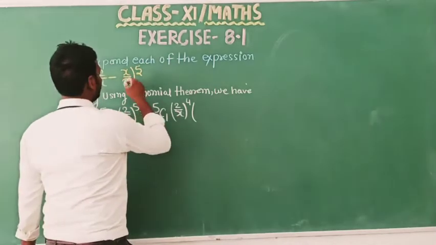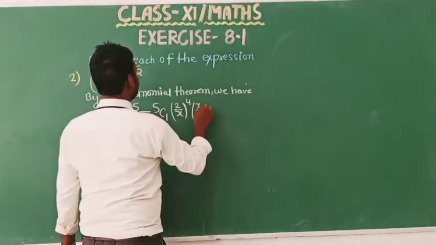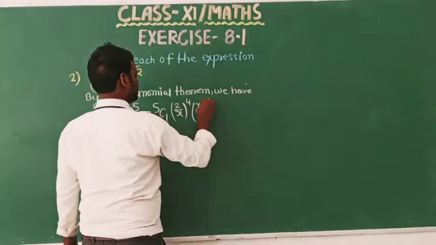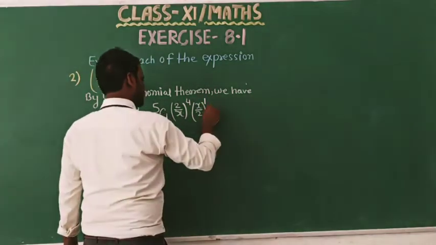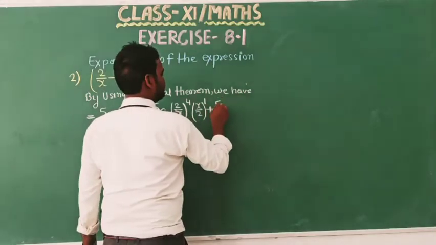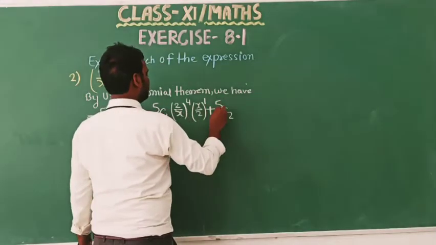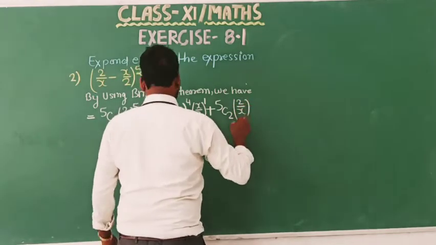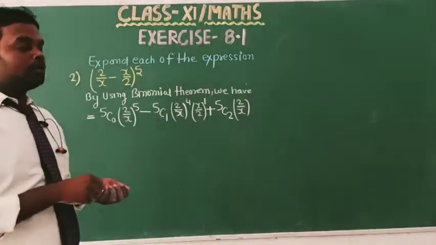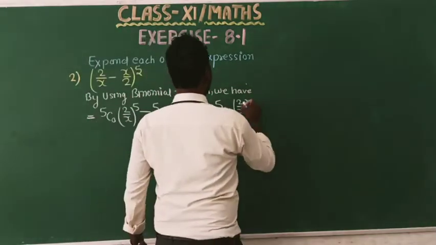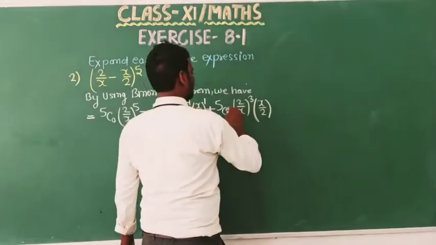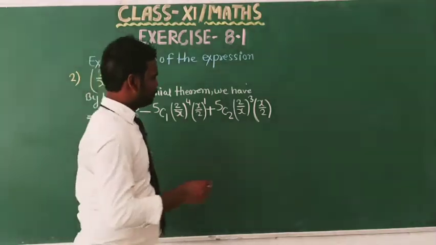So the second quantity is (x/2)^1, plus 5C2 (2/x)^3 into (x/2)^2,